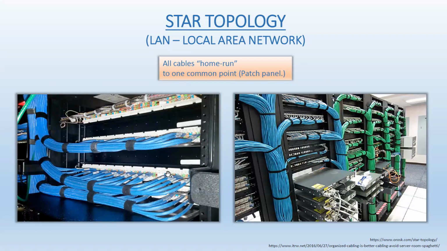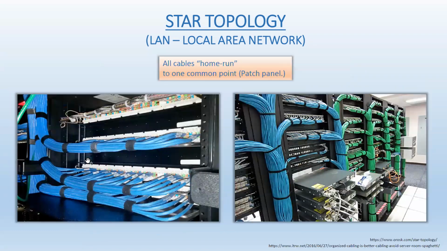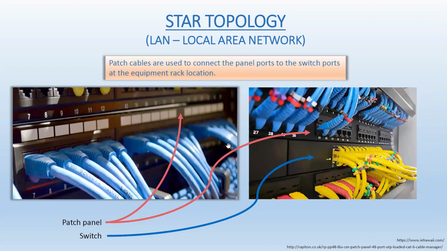So that will be the rear side of that. And this will be the front side of the equipment rack, where all those wires here go to the switch. Sorry, go to the patch panel. And from the patch panel, they're being patched through to a switch. So let's say those yellow patch cables are connecting its individual ports from the patch panel right to the ports on the switch on a one-to-one basis.